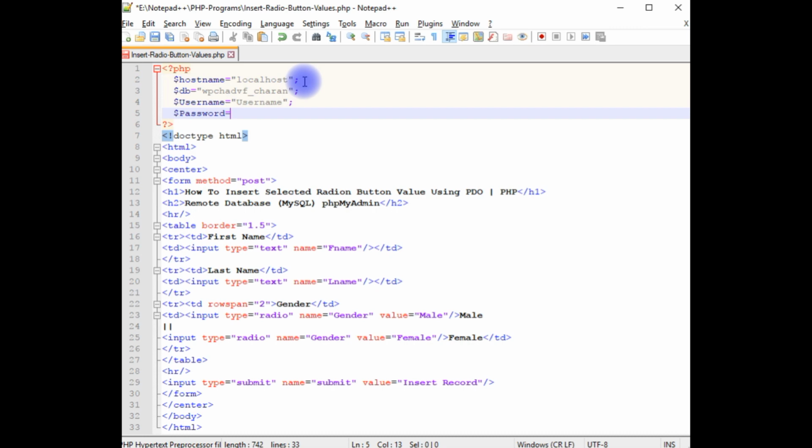$password is password. And notice here in the username and password, the variables have been declared with fake ones. But at the time of uploading this PHP file into my remote server, I will change them to my real credentials. Just for security reasons, I am not entering the real credentials. After adding the 4 variables,